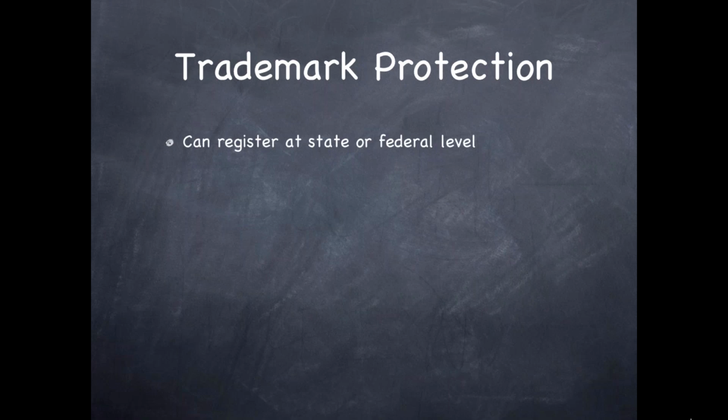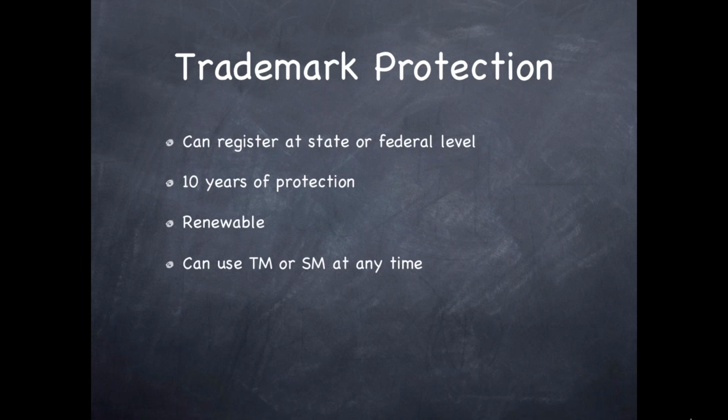State marks are $100 for one state, federal marks are $300, and you pick up 50 states plus almost 100 other countries and all of our territories within the federal system here in the US. So it's definitely a worthy investment for the extra $200 to get that huge reach. Your trademarks, as mentioned, will give you 10 years of protection. They are renewable as long as you can prove sale across state lines. You can use a TM or SM as a superscript or subscript at any time you would choose. So heads up there, you can start using the TM or the SM as a superscript or a subscript already for any brand that you would have.